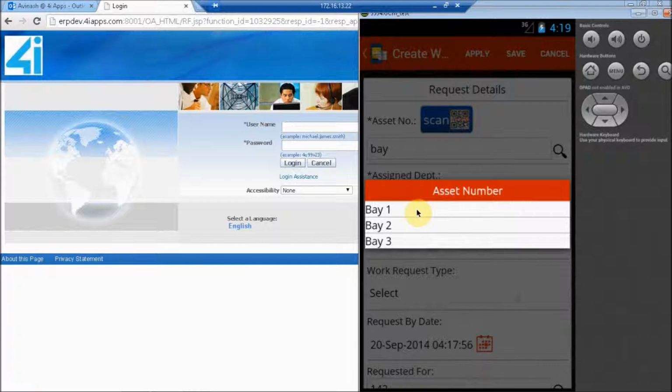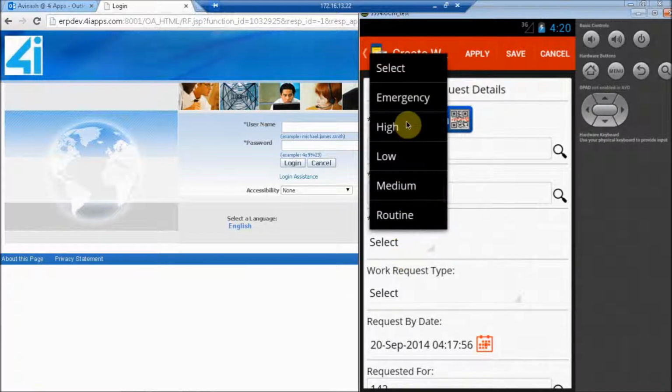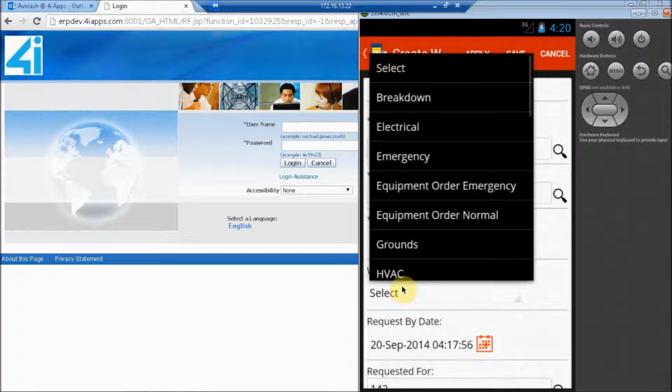I have typed in bay and it gives me the related asset numbers. So I'll select bay 1 here and the assigning department for this asset number automatically pops up. So we can select the priority, select the work request type,